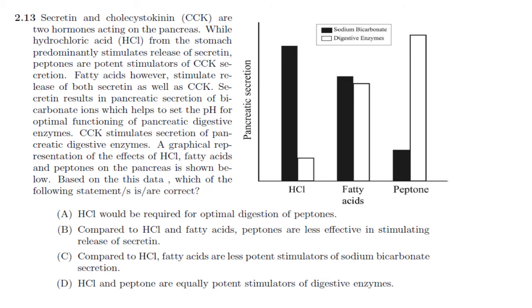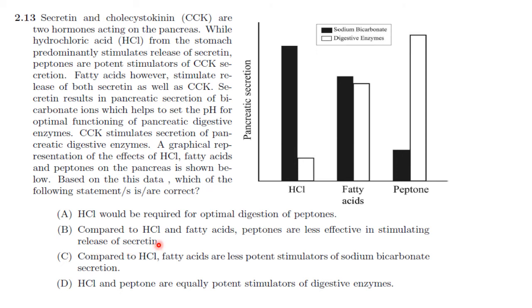So based on the data that they have given here, that is the bar diagram, we have to see which of the following are correct. So first one, HCl would be required for optimal digestion of peptones. That is correct. Then next one, compared to HCl and fatty acids, peptones are less effective in stimulating release of